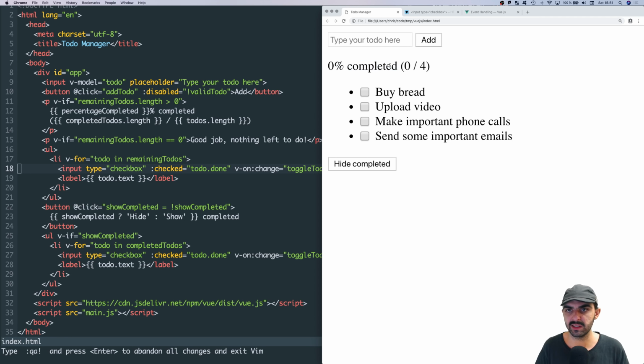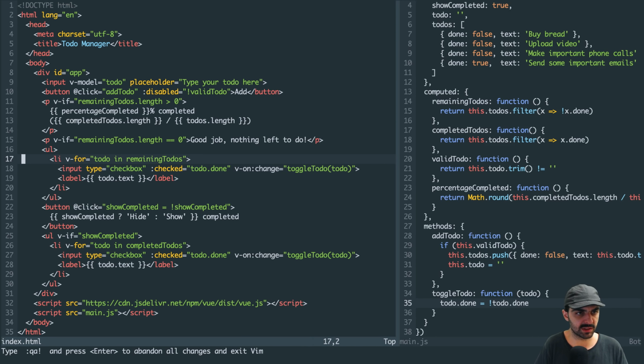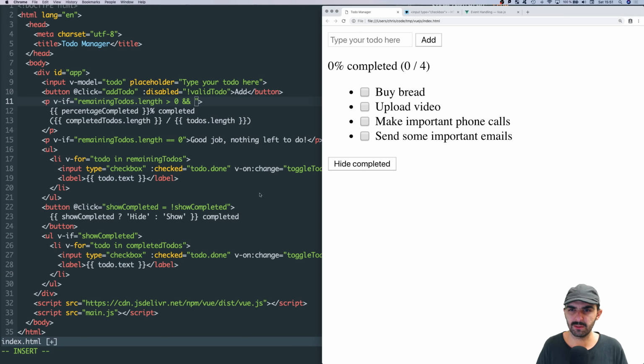Okay, and now maybe we should add another special text if I uncheck all items, right? It's like 0% completed, 0 out of 4. Then maybe we should have a special text here as well. So the stats will be shown if the remaining to-dos is greater, if we have more to-dos than 0, and the remaining to-dos are not all to-dos. I'm just thinking, can I express that more simply? Maybe I have to do two things. It just seems stupid. Wait. If we have remaining to-dos,